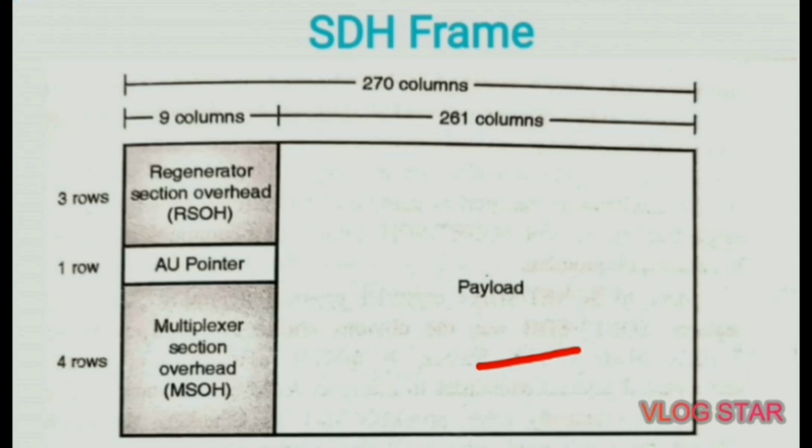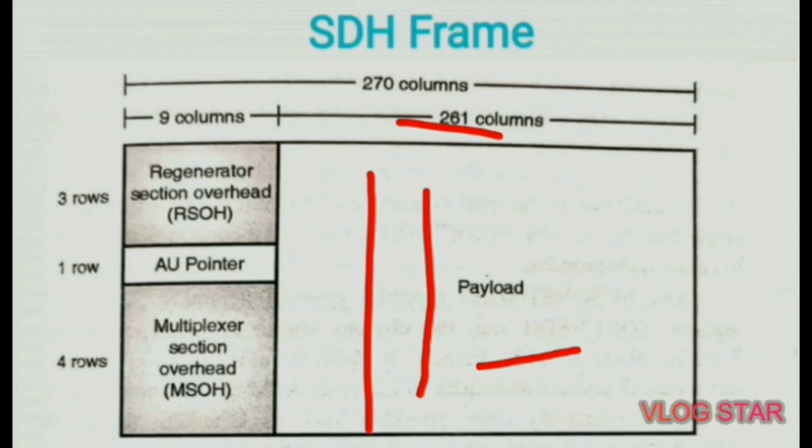POH are always in any one of the 270 columns of this SPE, and the transport overhead bytes are utilized for functions such as framing, scrambling, error monitoring, synchronization, and multiplexing. Here, one path overhead is used, which is used to provide end-to-end communication between systems carrying digital voice, video, and other signals which are to be multiplexed onto the STS signal, STS-1. Then SPE is not necessary to be in one frame. It may commence in one frame and end in another.